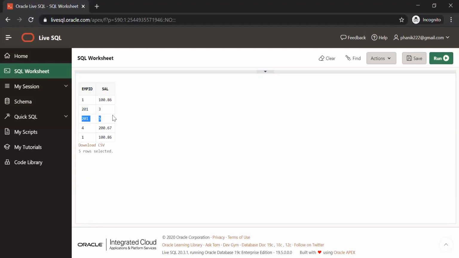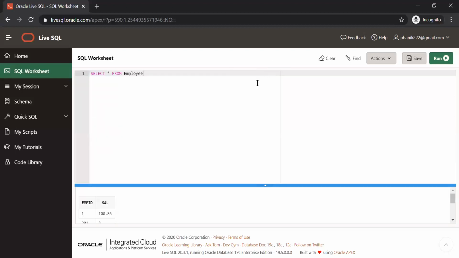So if you see here, same result. Were you familiar with this previously, inserting without a column list? No, actually, that is a new thing for me. I didn't even know that without giving column names, you can insert.